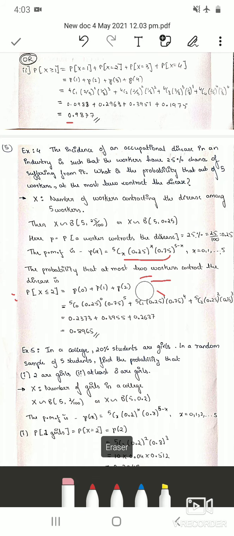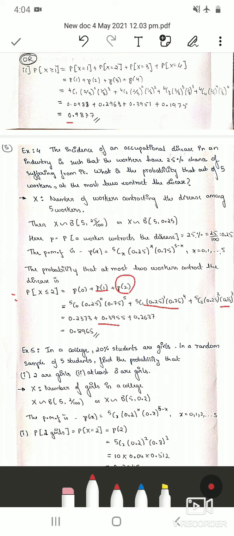So for the next term, in the PMF, you have to substitute x as 1. Simplify it, 5c1 into 0.25 into 0.75^4, and you will get 0.3955. And for the next term, in place of x, substitute 2 in the PMF and simplify, and you will get 0.2637. Add all these three, and you will get the probability of x less than or equal to 2, which is